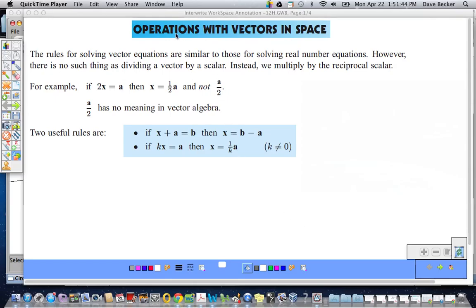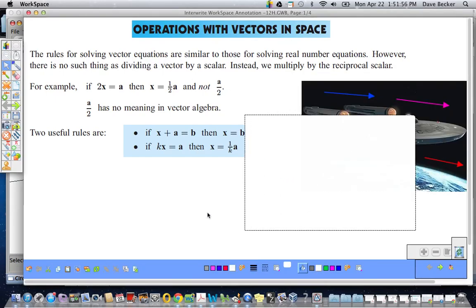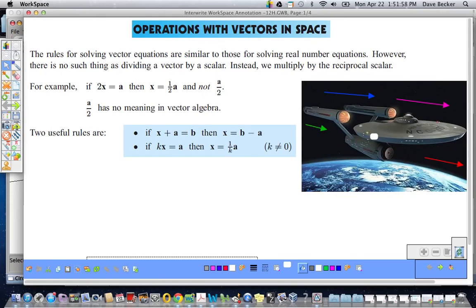We are talking about operations with vectors in space. Wait a second, what am I thinking? That's operations with vectors in space. Yes, okay. All right, so the good news is that operations with vectors in space or in 3 dimensions,